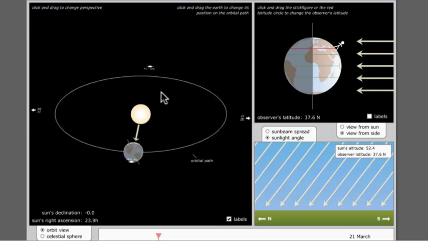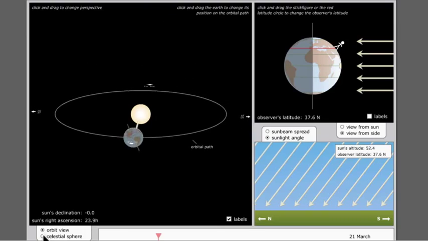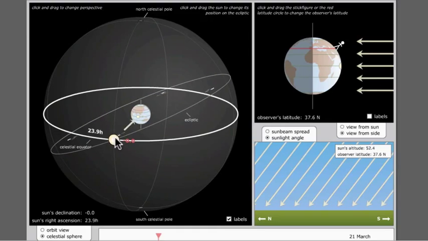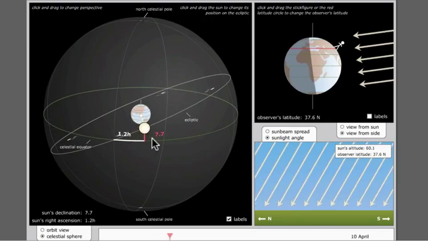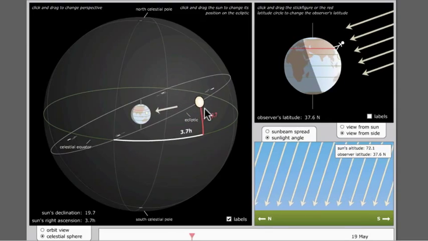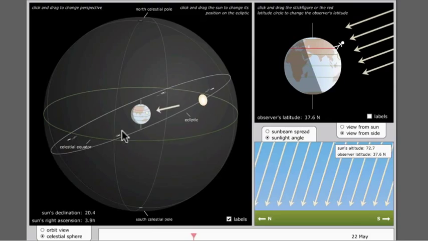Now, what happens, moving back to the celestial sphere, as time goes by, is that the sun moves around not the equator, but the ecliptic. So a few months later, the sun is now north of the celestial equator. Its right ascension is 3 hours, so let's move it a little bit more. Its right ascension is 4 hours. That means that about 2 months have passed. If it was March 21st, it is now